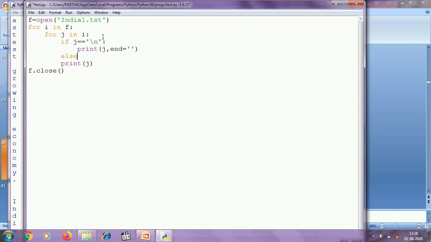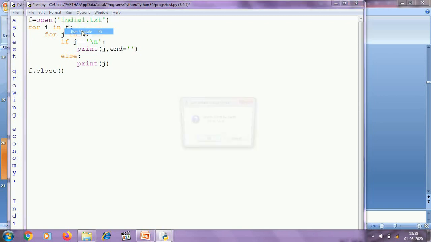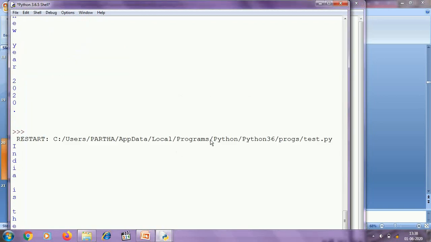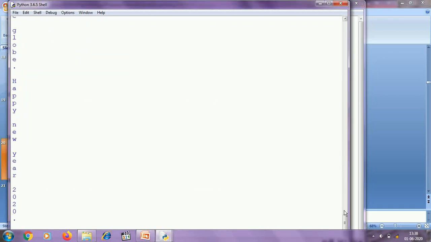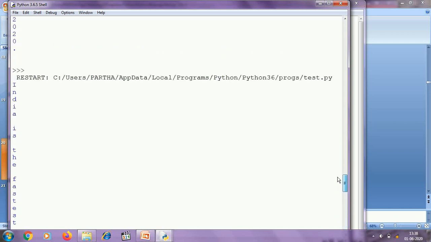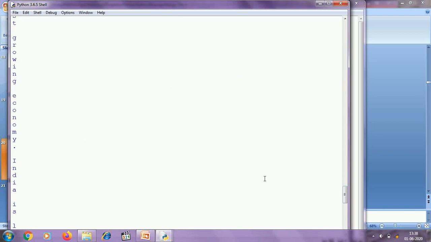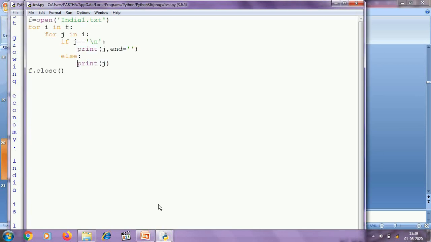Otherwise no problem, you can print it directly, and so you can see the result. You can see that the problem of the extra new line is eliminated. So using the file object we can fetch the characters of the text file one by one.